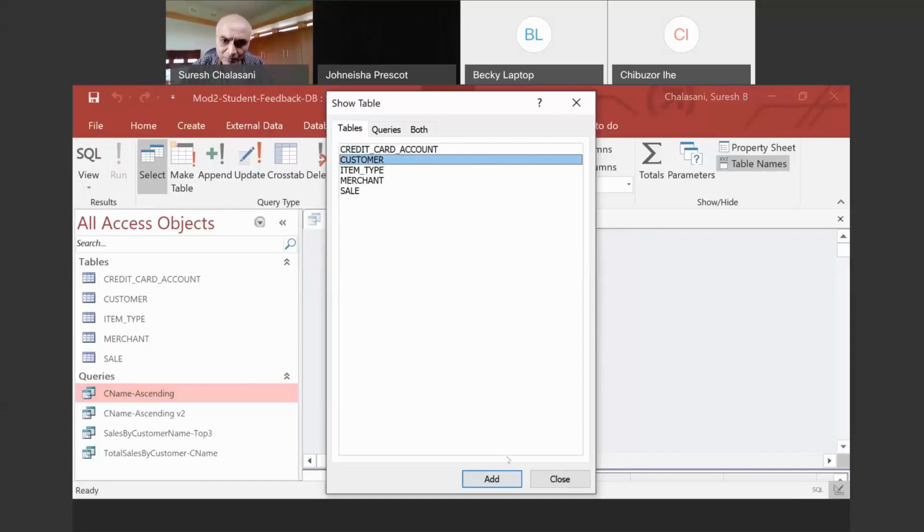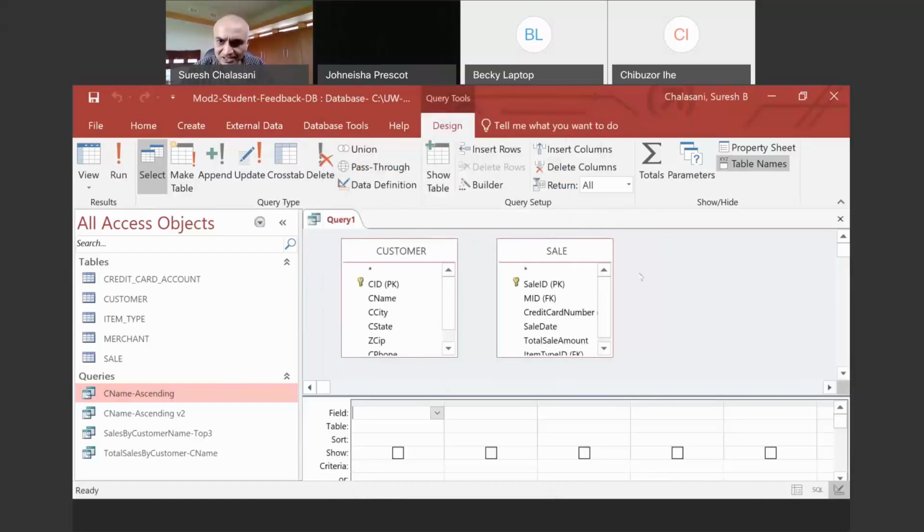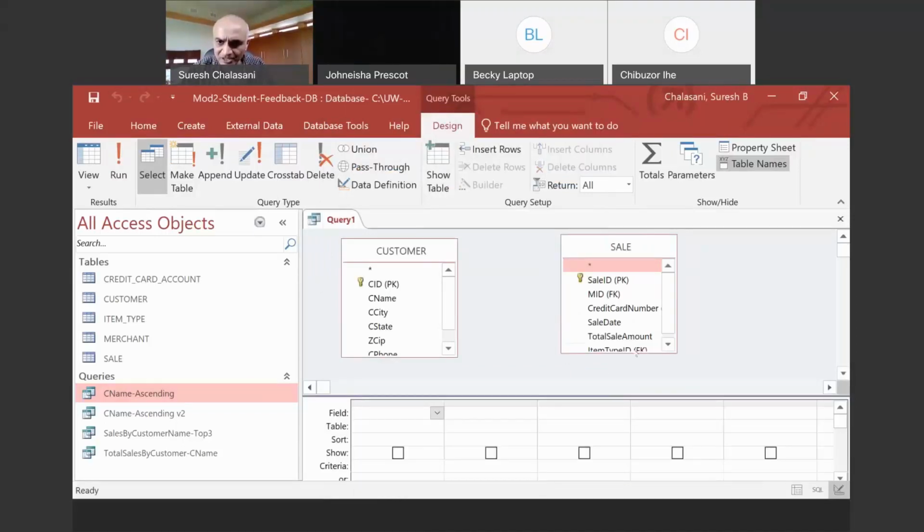One of the common mistakes that I see is that since it is just total sales by CNAME, I've seen in the past students select just the customer and the sale. Let me demonstrate what the issue is here. Students select a CNAME and the total sale amount.